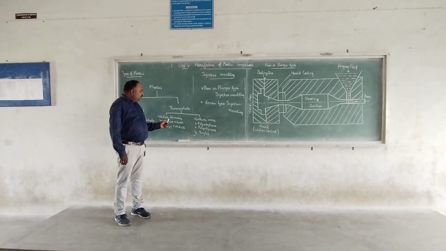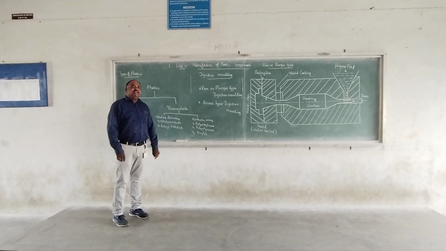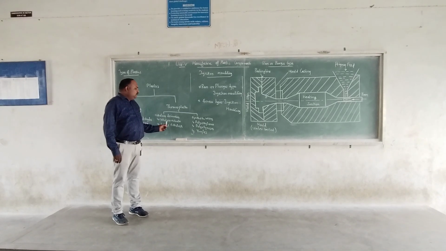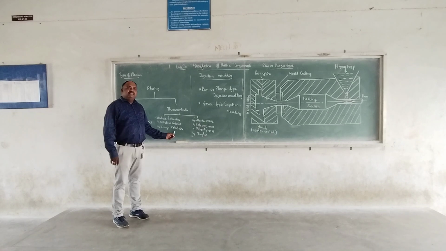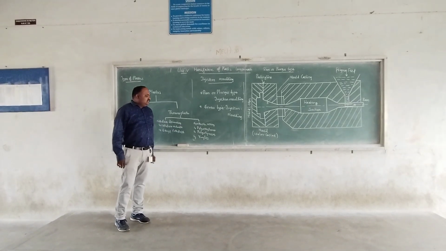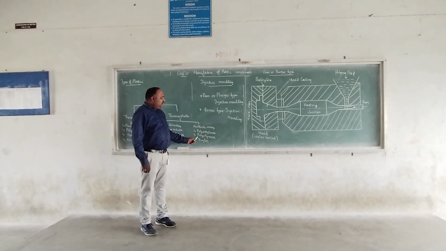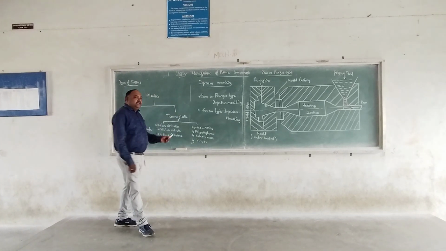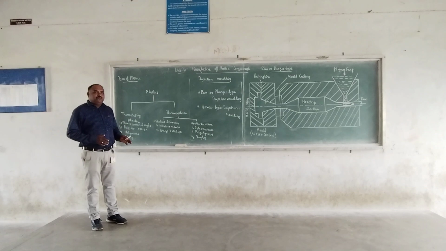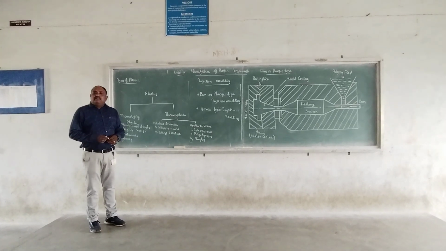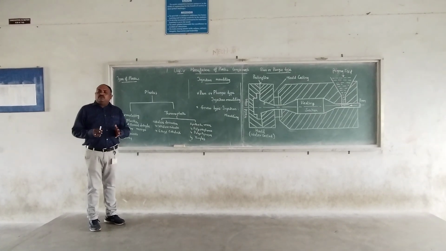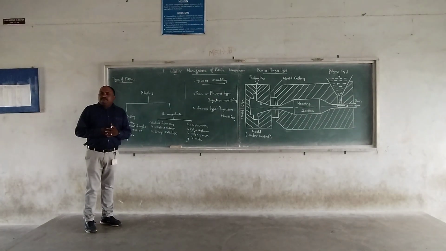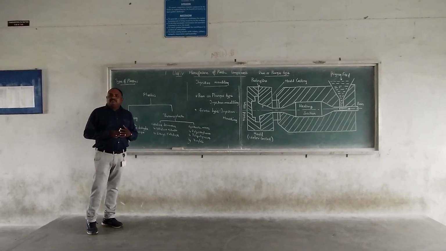One is cellulose derivatives and then synthetic resins. In cellulose derivatives, the classifications are cellulose nitrate and ethyl cellulose. Synthetic resins include polyethylene, polyester, and vinyls. So basically, these two types of plastics are what we use nowadays based on the requirement. Plastic can be molded into whatever shape we need. Plastic has the flexibility to make a product in whatever shape and size we need.